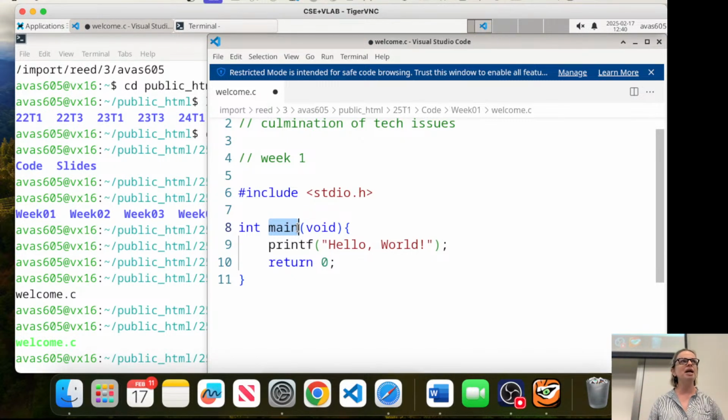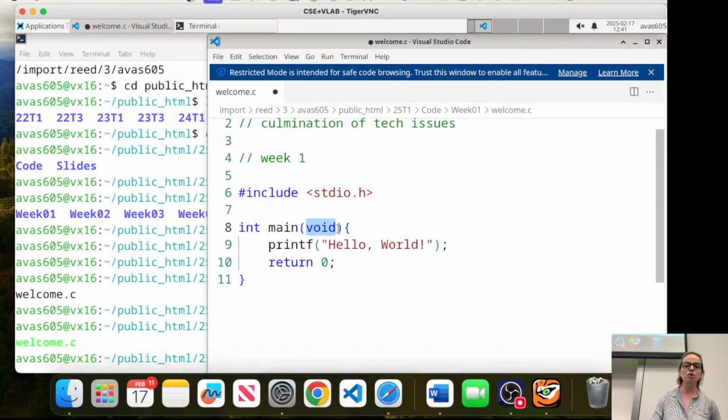You will always have a main, and then you might have other things, and you can do your own names, doesn't matter, we will talk about that. And then there is this thing in brackets called void. Who knows what void means? Means nothing. Just like in English, a void is a hole of nothing. This is also a hole of nothing. It means that I am not giving this program anything to run with. That's what we put in brackets, the inputs into the program, and I'm not inputting anything into it.